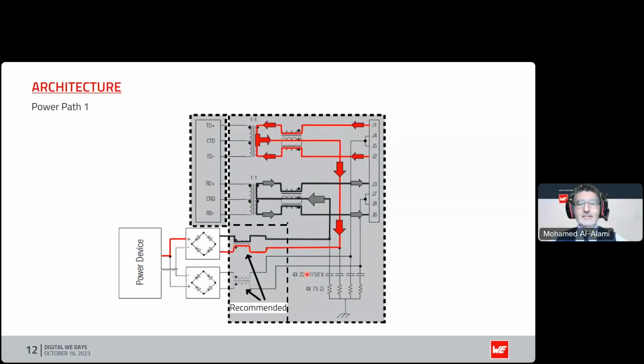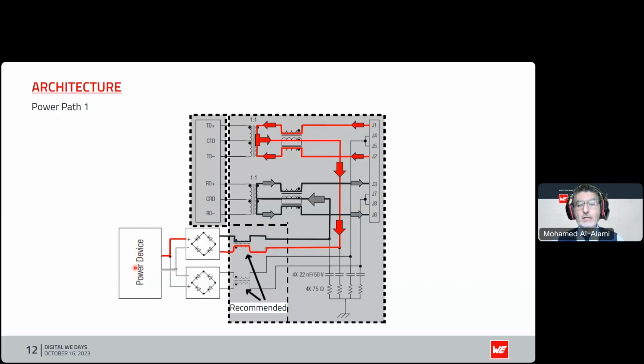Here we go. And this is where on the same pair that we're carrying the data, we're now carrying the current, the power. So the current coming in from the PSE, like we saw on that earlier slide, is split between those two wires. So if I've got, just as an example, 1 amp, this would be carrying a 0.5 amp here and a 0.5 amp there. Those two 0.5 amps will be joined together on the center tap of the transformer and ultimately sent through the bridge rectifier to the power device.